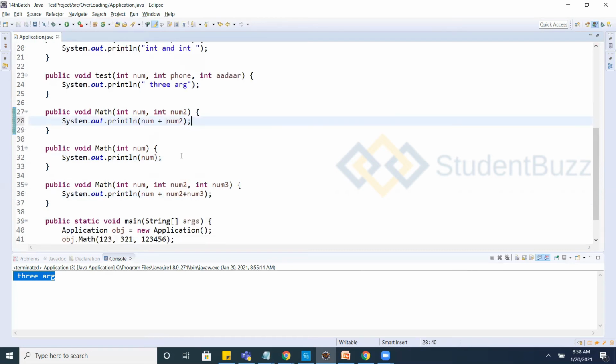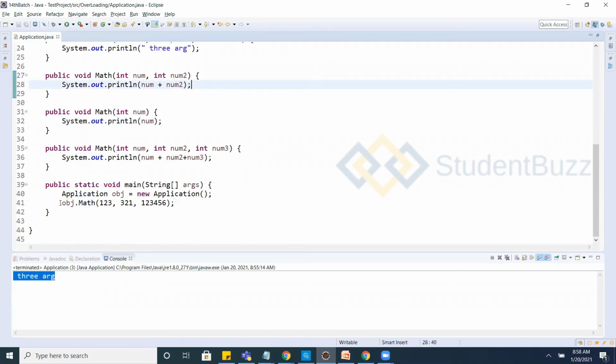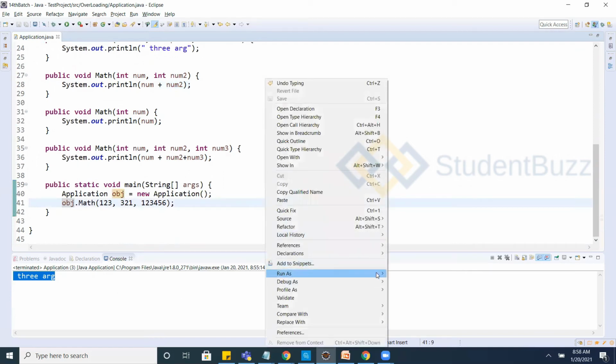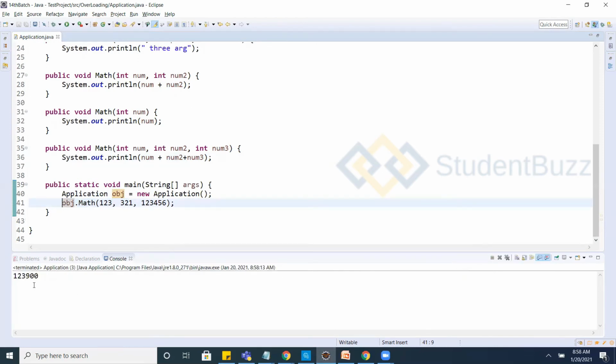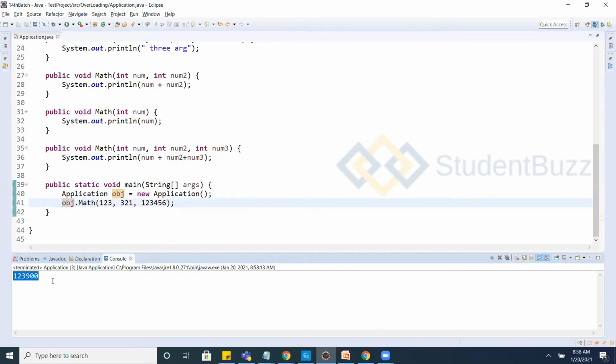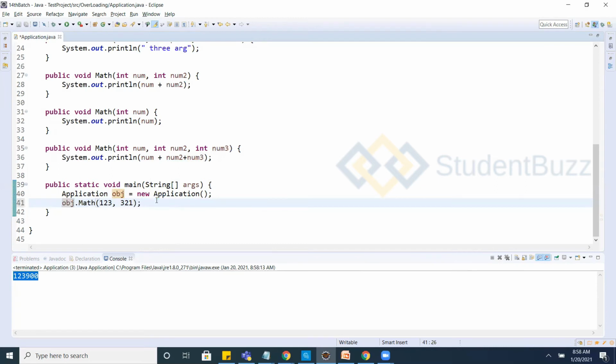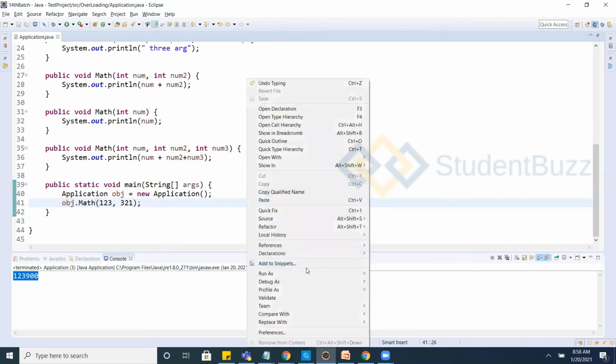Okay, let's see. I call this object math, and if I give these three parameters, what will happen? It gives a huge number, because 1 2 3 3 2 1 and 1 2 3 4 5 6, it's doing this addition. If I remove this, it is also working.